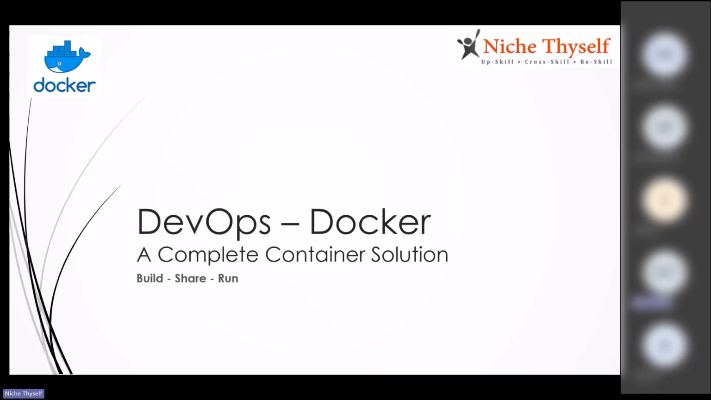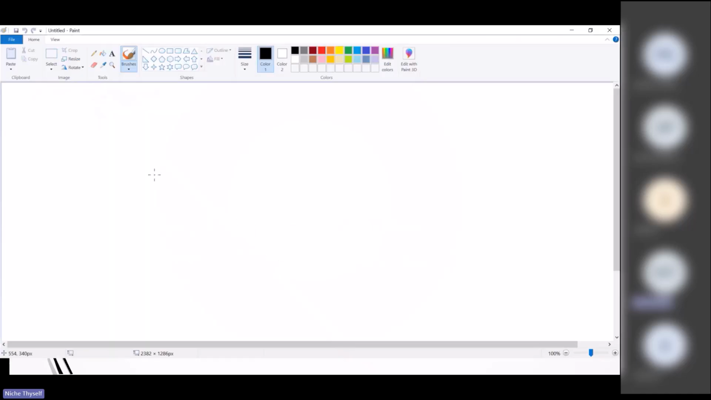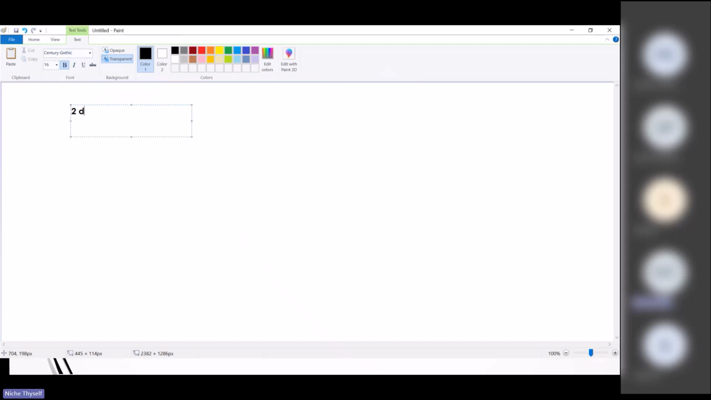So let me give you some idea about Docker before we go through the theory. Okay. So if you go to the olden days, and suppose I want to set up the project infrastructure. So what was the scenario at that time? Suppose I want to form a team of two developers, one tester, and one team lead,